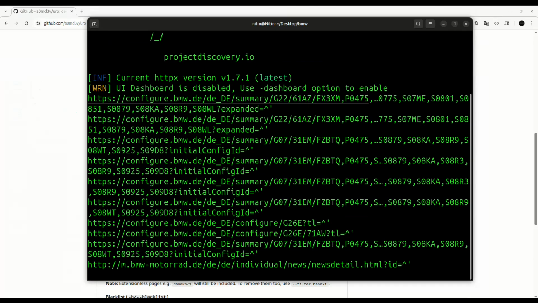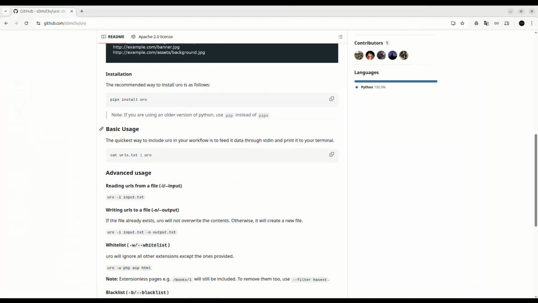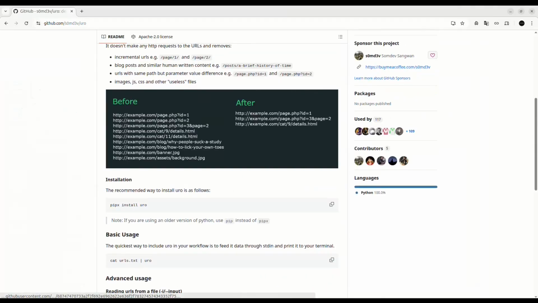Uro, say we have a list of URLs like https://example.com/page.php?id=1, and here we have id=2. These are both the same URLs, but the IDs are changing, so if we use any one, that will work. Uro does the same: it will only use one of those parameter values.